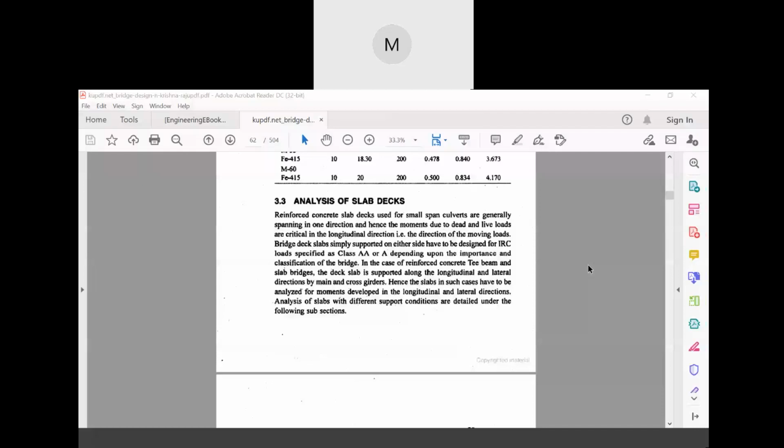Now look, there, if you can see here, suppose the bridge deck slabs that are simply supported on one side have to be designed for IRC loads specified as class AA or A. Okay. Now, as per those classifications, IRC class AA or class A, the bridge deck slabs that are simply supported on either side, those have to be designed in that way. Fine. Now, if you can see,